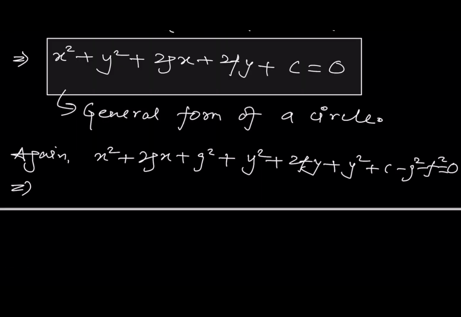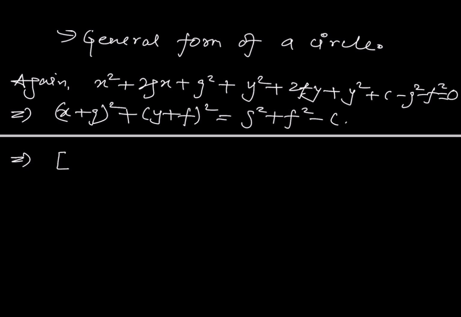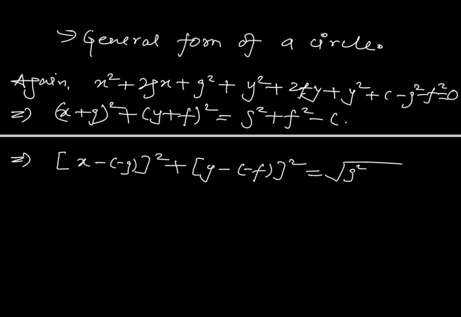So it will become x plus g whole square plus y plus f whole square is equal to g square plus f square minus c, right? Also, x minus minus g whole square plus y minus minus f whole square is equal to root over g square plus f square minus c,